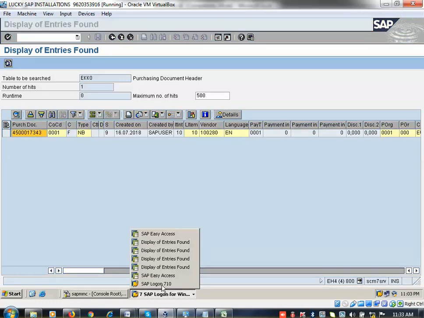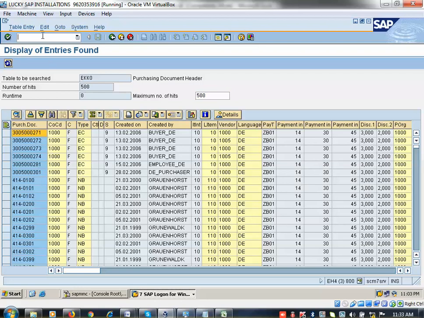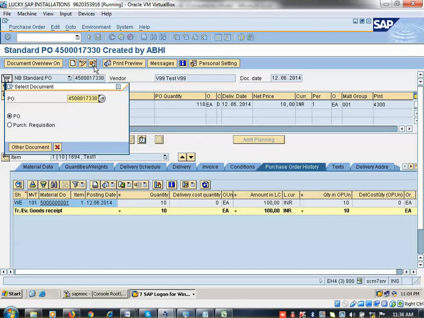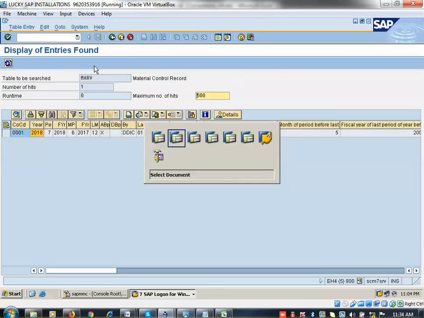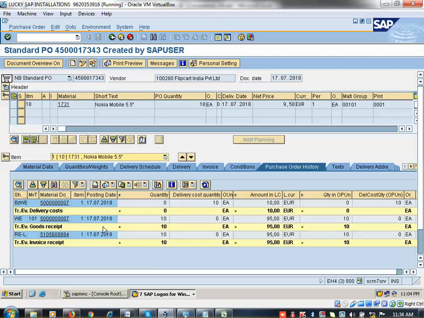I can go to another screen here. /n ME23N. Okay. $343. Okay. So this is the PO I created yesterday.